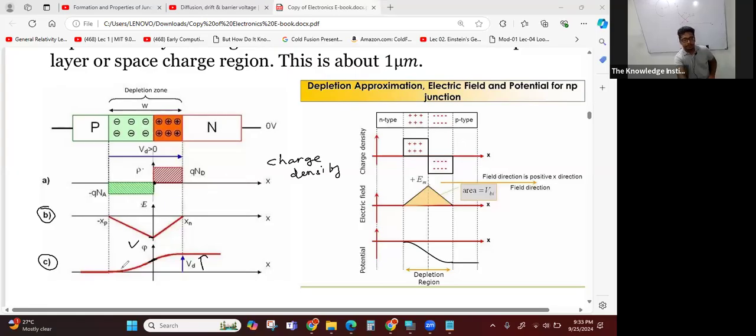Okay. Right. You have to draw this graph. You can see in your